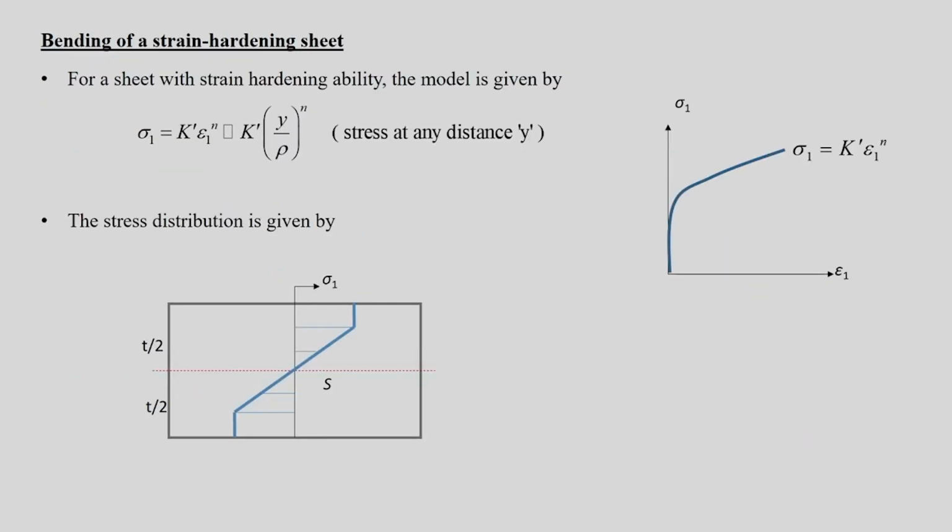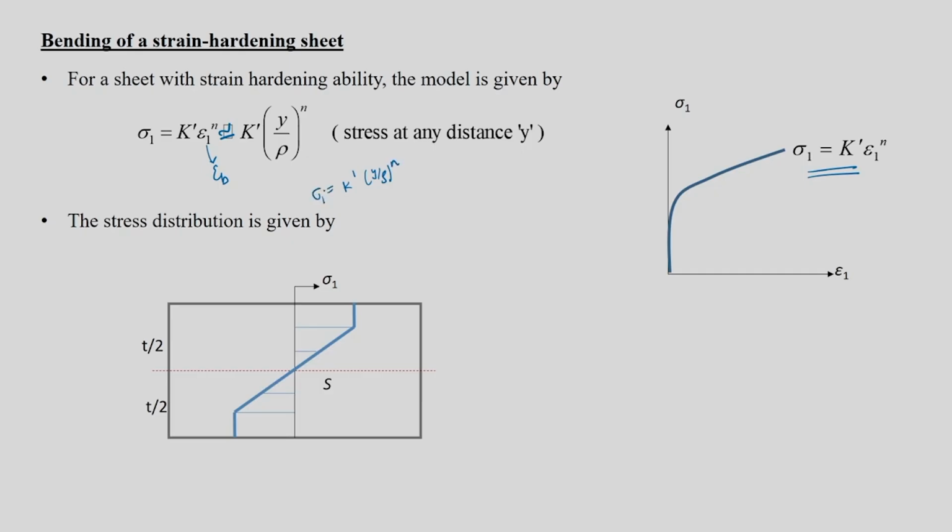You are bending a strain hardening sheet, which means somehow you have to bring the strain hardening part into the equation. So we say sigma is equal to k epsilon power n, same power law, only thing is sigma 1 is equal to k dash epsilon 1 power n. This is approximated to k dash, which will remain as it is, and epsilon 1, there is no epsilon a, so it is epsilon b only, so k dash into y by rho power n would be your stress